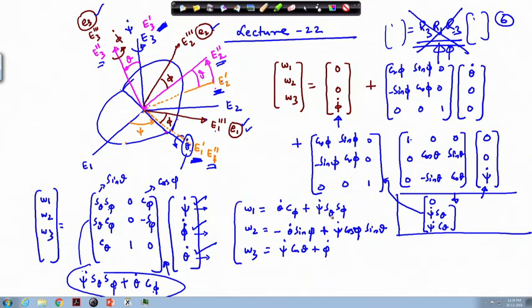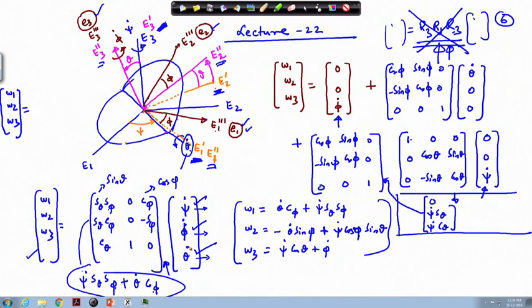Okay. So, this you can solve for theta dot, psi dot and phi dot in terms of omega 1, omega 2, omega 3 and vice versa. So, already we have this relation, and if we invert this matrix we get psi dot, phi dot and theta dot, okay, or either you can solve this linear equation directly and get here psi dot, phi dot and theta dot. If you want to change this, let us say that rather than writing here in this format, you want to write it as omega 1, omega 2, omega 3.